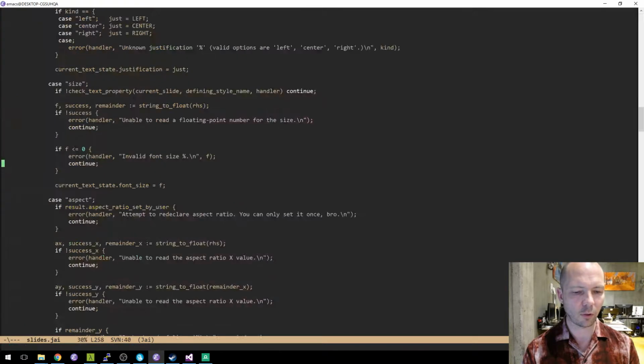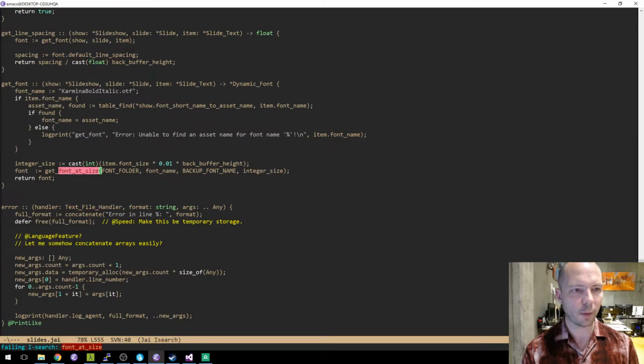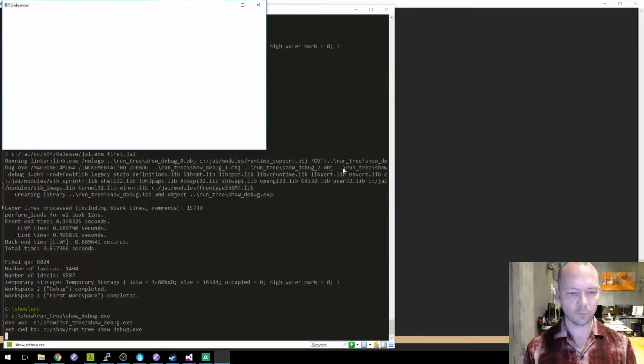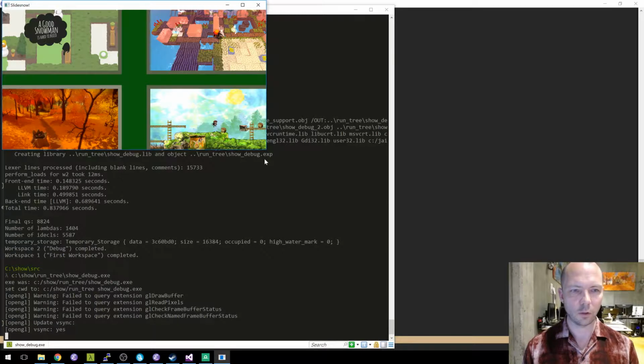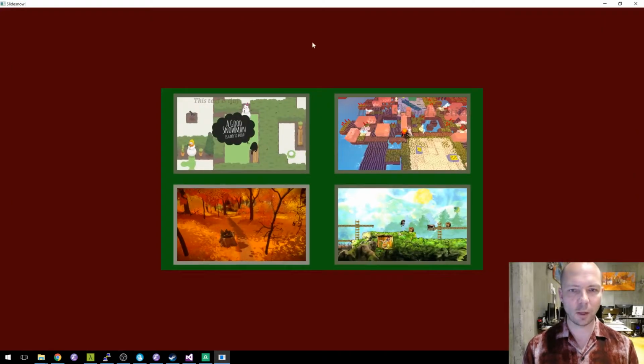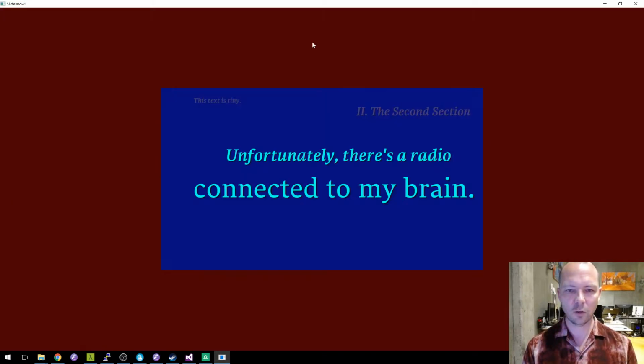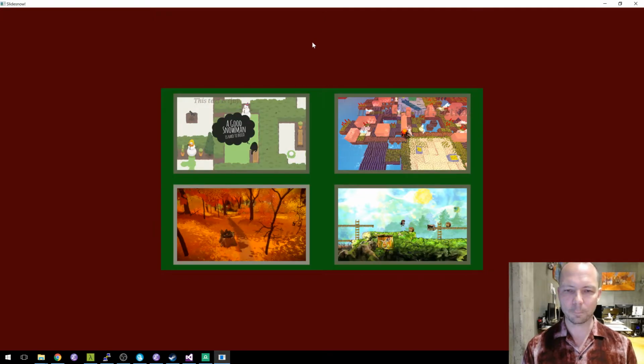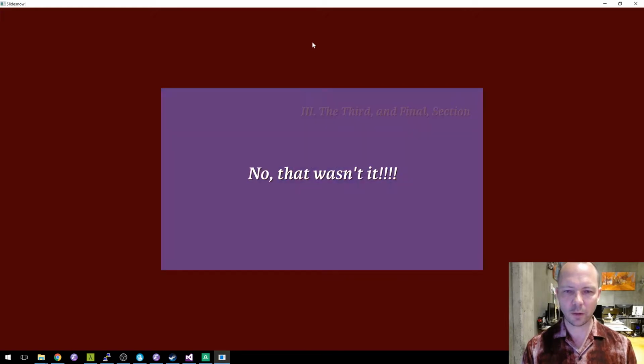Do I do that in slides? Oh, that's so bad. Wait, get font. No, okay. So that's why we didn't see it, because I only replaced the back buffer height in the other thing. All right. So I'm going to maximize, and our text is now the right size. That's good. Okay. We're getting there. We're getting there.